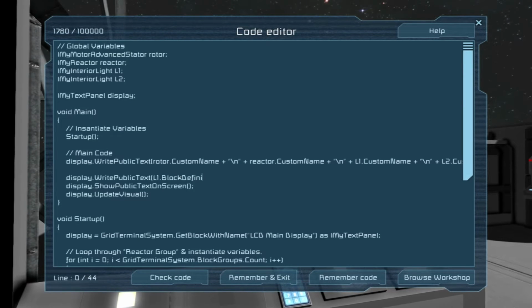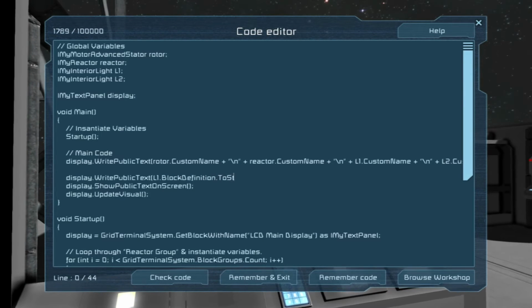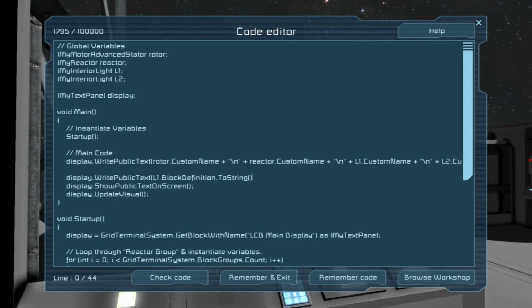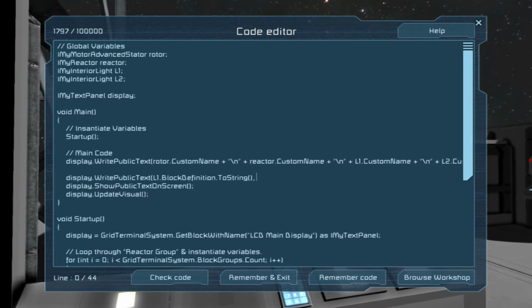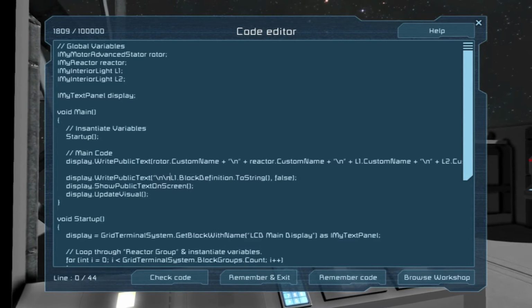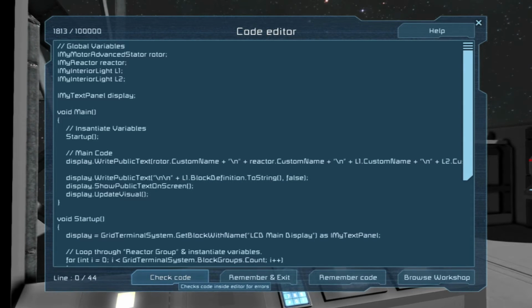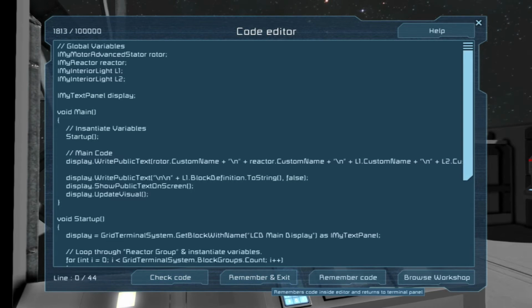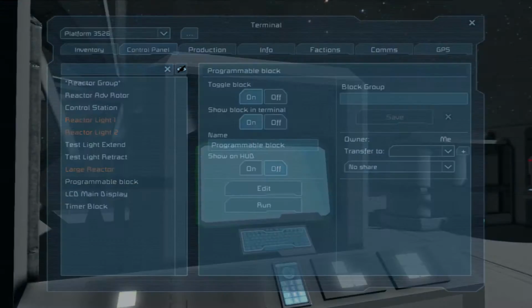Block definition dot toString, and toString will convert anything to a string if it can, and then we'll want it to append as well, and let's give it a couple new lines. So let's check that. Hopefully it'll run. Yes, awesome. So we'll remark it out, and then we'll run it.